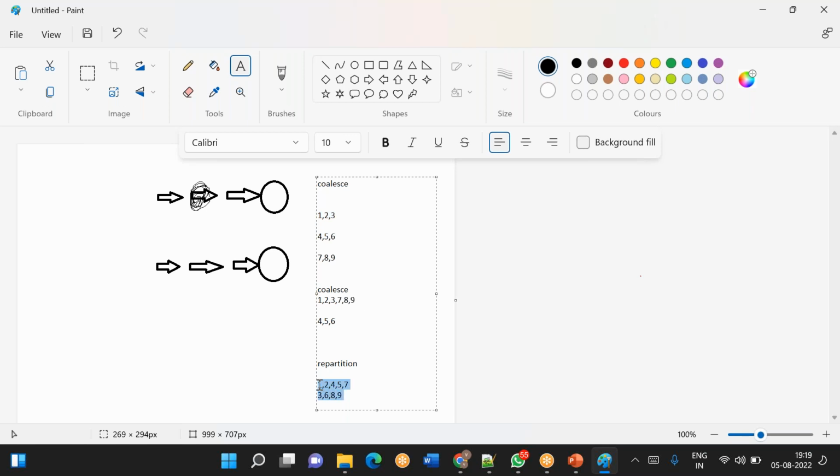Everything will be moved. But in Coalesce, 1 2 3 4 5 6 are fixed, not moved. Here, is 1 2 3 in the same place? No, 3 is moved to the second partition. Similarly, is 4 5 6 in the same place? No, only 6 is there. 4 5 is moved to the first partition, meaning a lot of data movement happens in repartition,